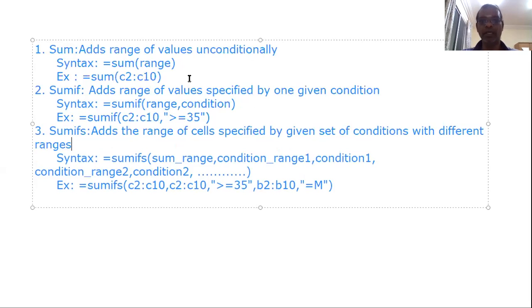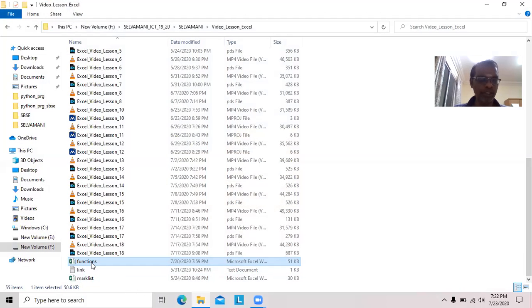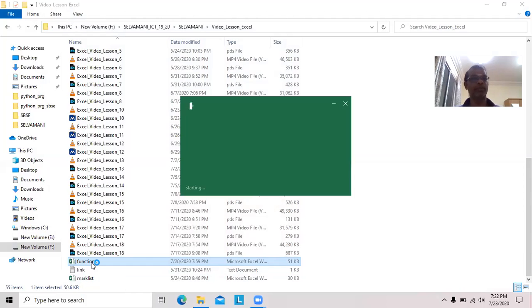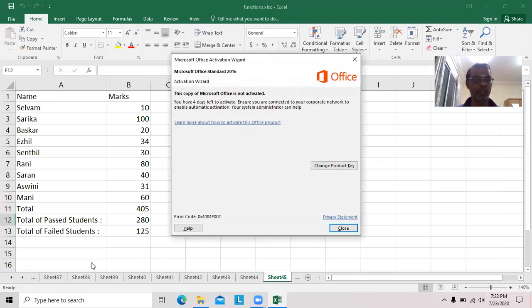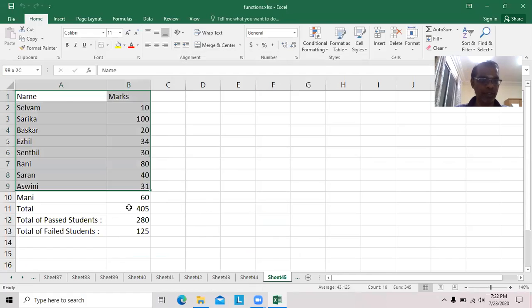Now I shall open the Excel worksheet, then you can understand more. I'd like to open the same worksheet, that is function. This is what we studied in the previous lesson: total, passed students, failed students.